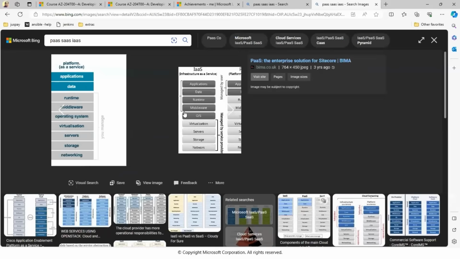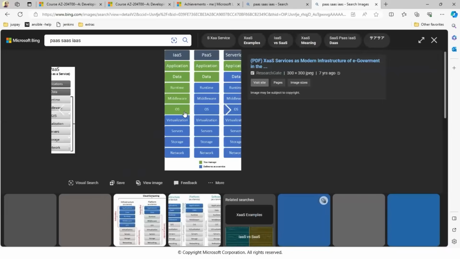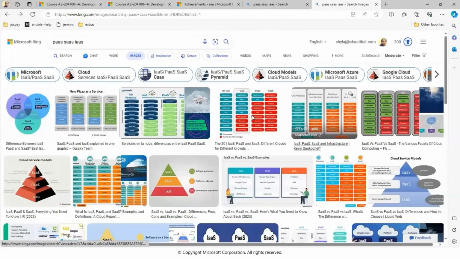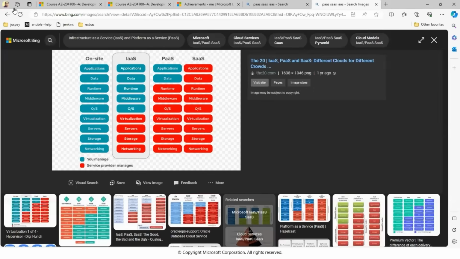Okay, then coming to SaaS. Then coming to SaaS, you see the entire manageability is on the Azure side. You don't have any control over it, right? So you just create a login, maybe a username and password, and they create it for you, and they give access based on your subscriptions. Then you access your application. Examples for SaaS would be Office 365, or the Salesforce application, and all these things, right?